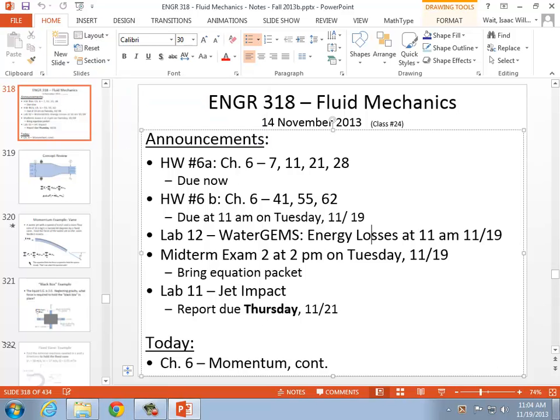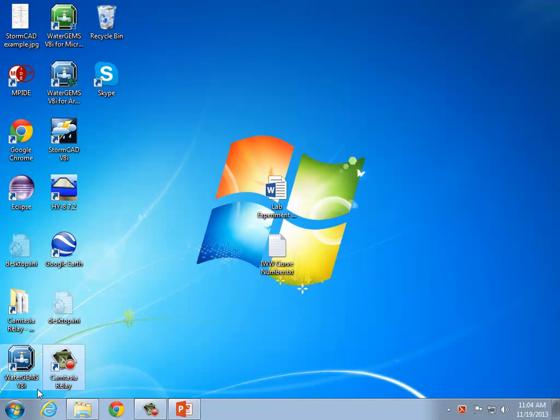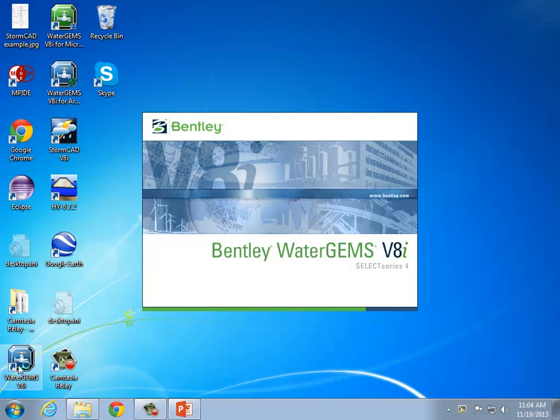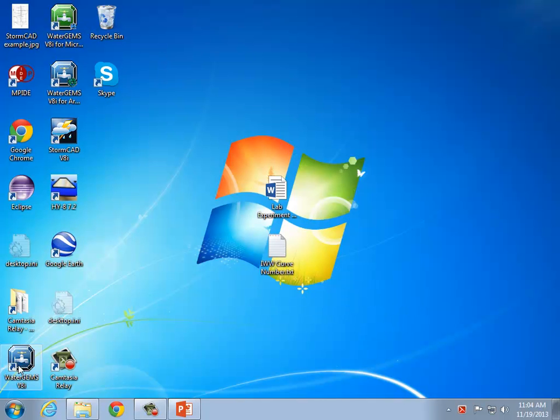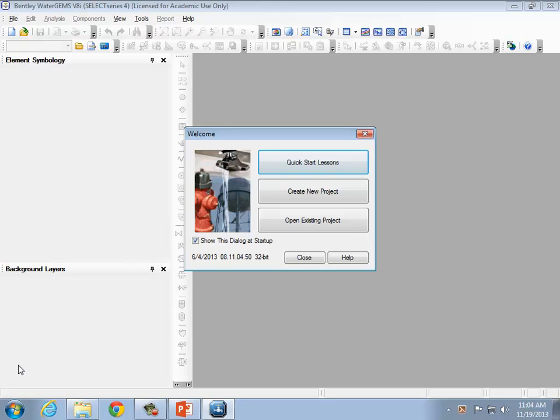All right. What we're going to do today is work with WaterGEMS. So open up the WaterGEMS program. Let me give you a copy of the handout, and this is also the assignment description that goes along with